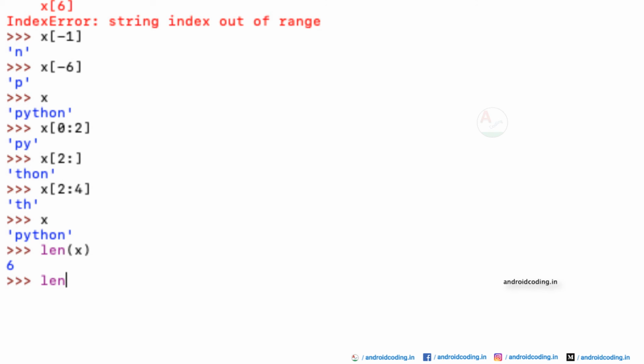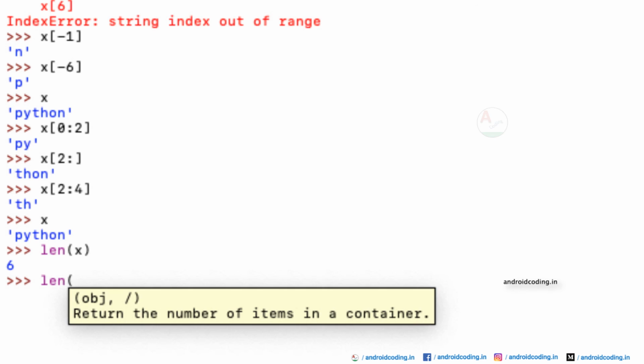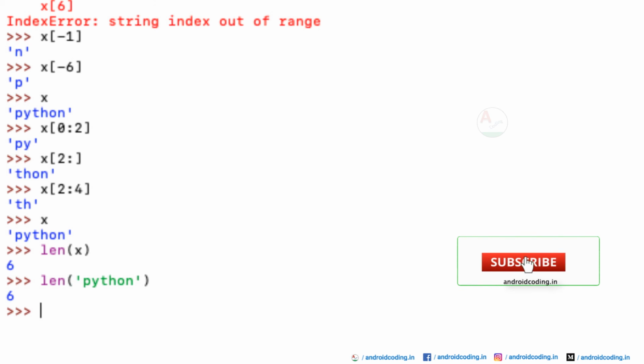And now let's try to provide a string inside it. Instead of a variable, will it provide the same output? Now try to see. Yes, we got the same output. We have provided the variable, we have got 6, and we have directly provided the value also. We got the value to be 6 here. So these are all some basic examples when you are trying to use variables in Python.